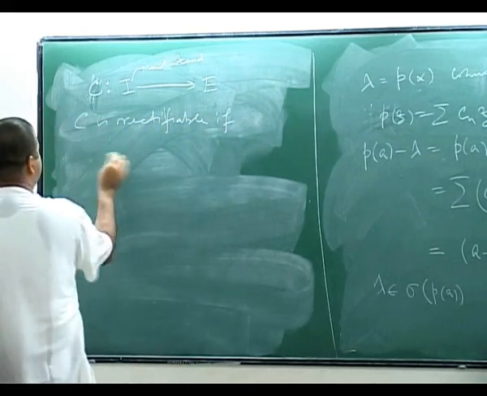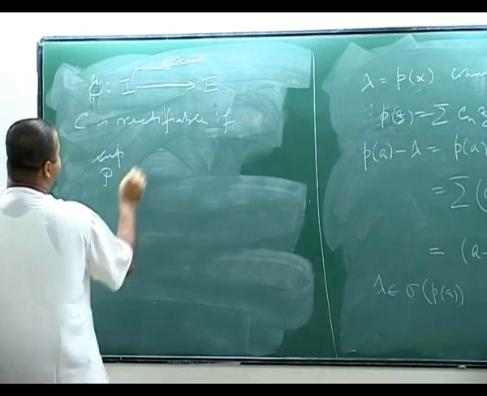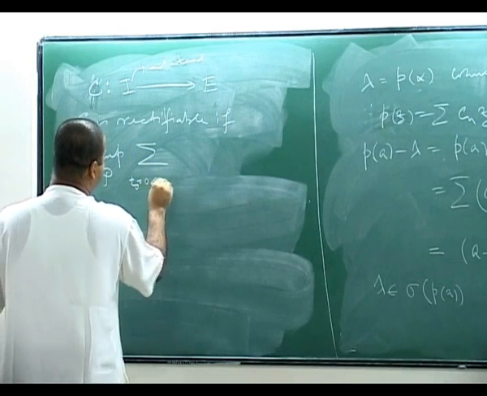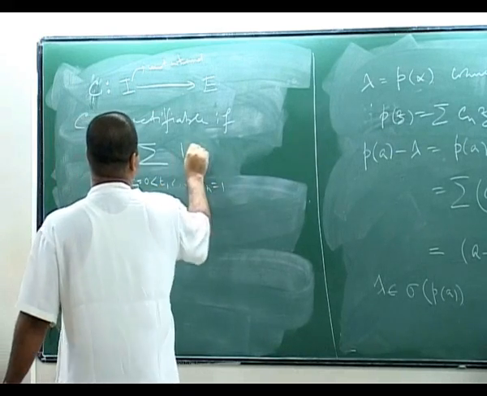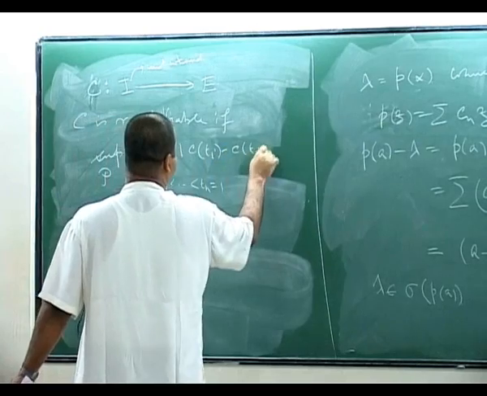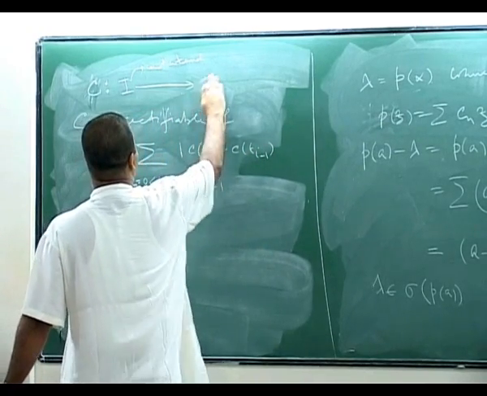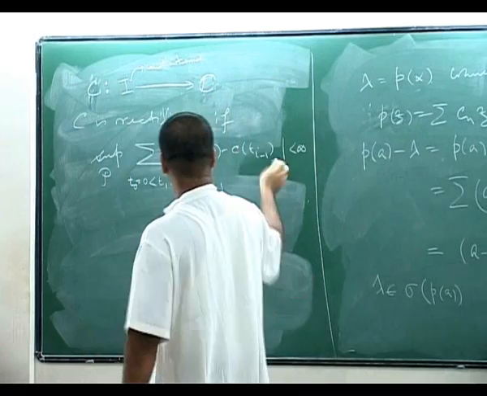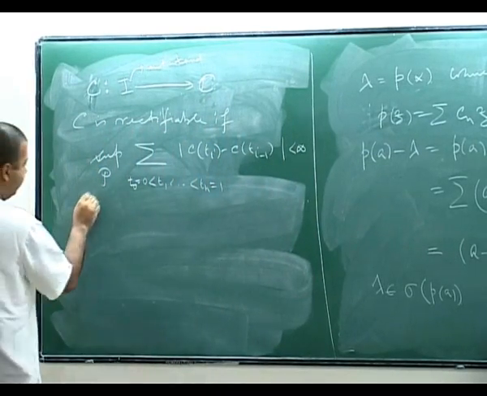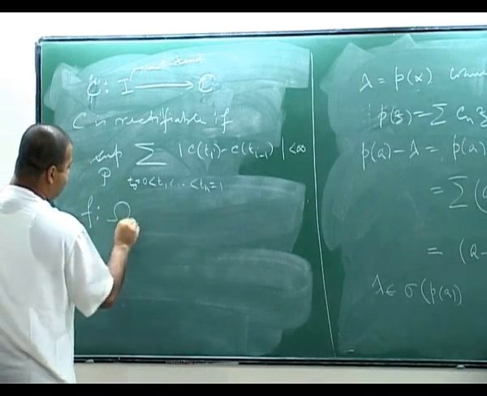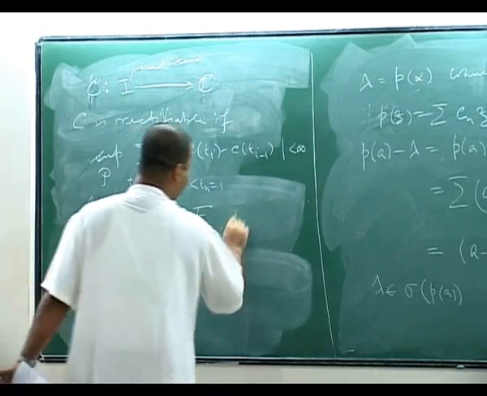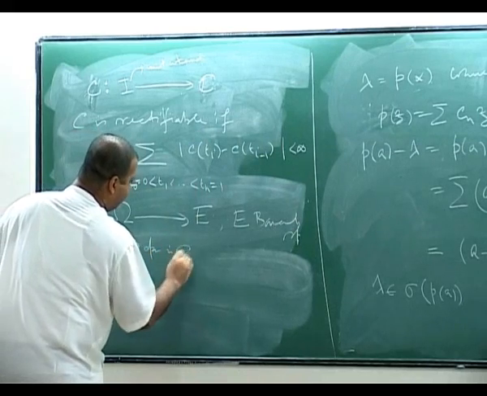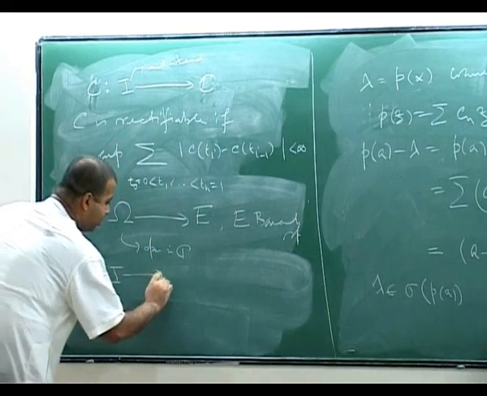rectifiable if this quantity, I take arbitrary partitions P, and then if... I do not need rectifiable curves in Banach spaces, I need them only in C. If this is finite, then we call this curve rectifiable, and suppose I have a function from omega to a Banach space E, where omega is open in C, and I have a curve in omega,